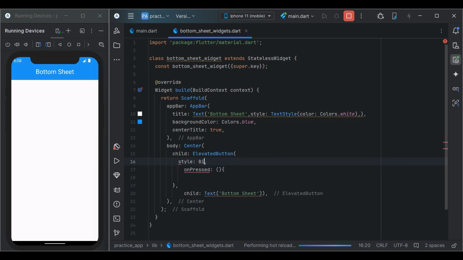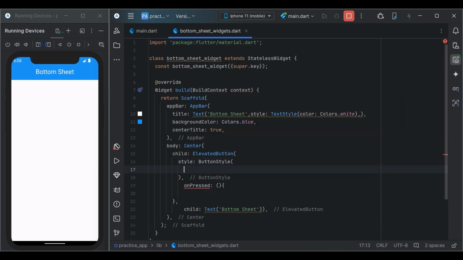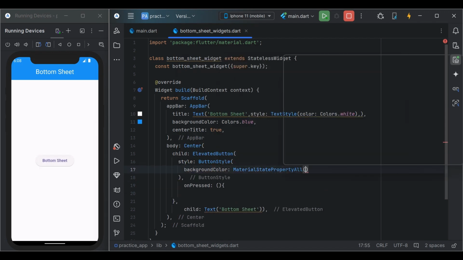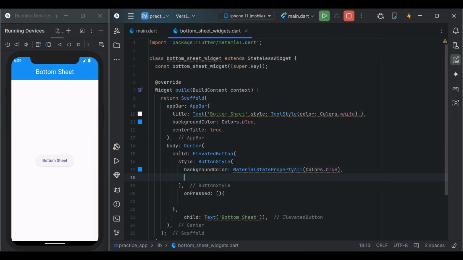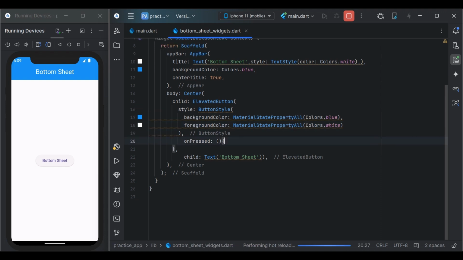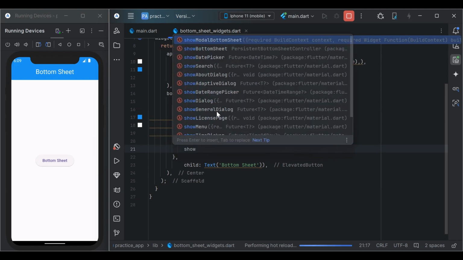First, button style. In the button style, background color is blue. The material color property you can control and enter, so a suggestion list will be displayed. Foreground is a white color, then run it. And in the onPressed method I'll use showModalBottomSheet,